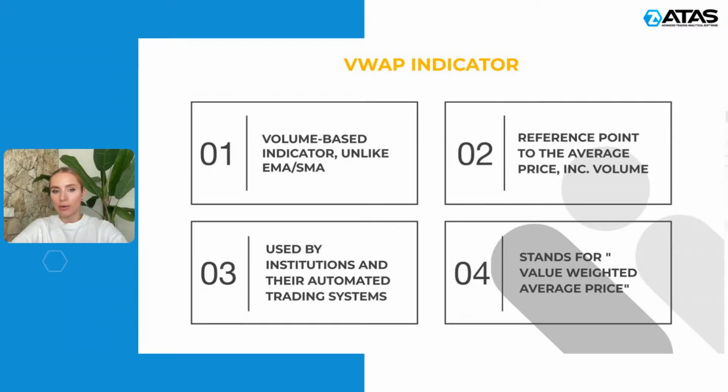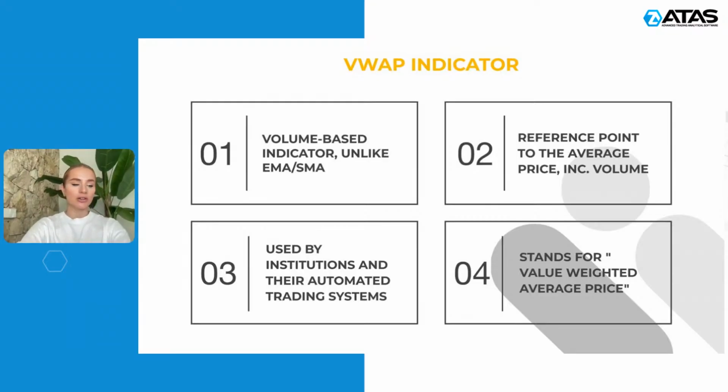What is VWAP? VWAP stands for volume weighted average price, and simply put, it is an average price of the market over a given period of time that you choose, weighted by volume, which is an extremely important point. And unlike a simple moving average that a lot of people mistake it for, VWAP essentially gives more weight to prices with a higher trading volume,